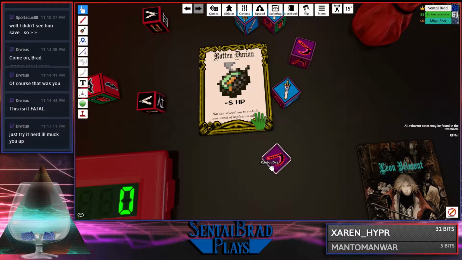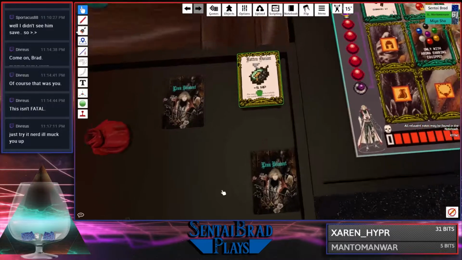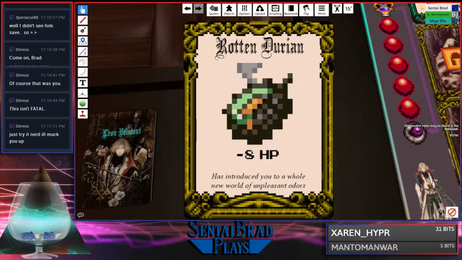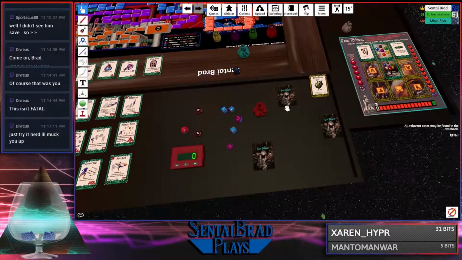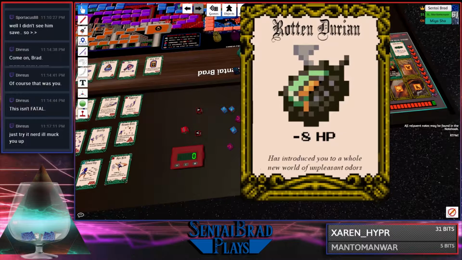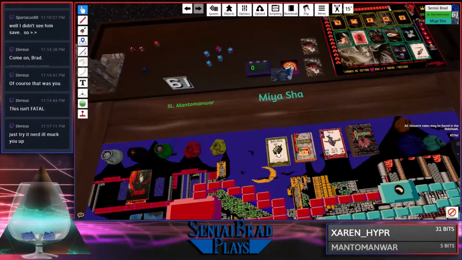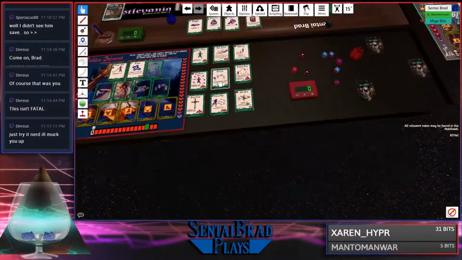P.U. He lost 8 HP for moving. God damn it. What does that say? Introduced you to a whole new world of unpleasant odors. Don't forget, guys, if you hover over something, you can press Alt to see the full art, so you don't have to zoom all the way in like I'm trying to. Even a fresh durian smells horrible. It's supposed to taste really good, but the smell is like...